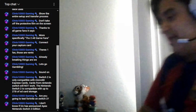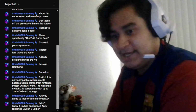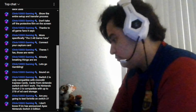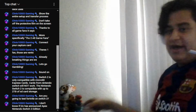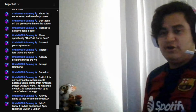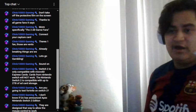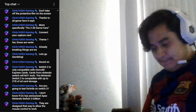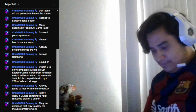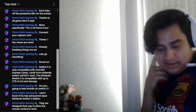Like I said, I'm really upset that they inverted the colors of the Joy-Cons. I would have really liked it if they kept it the same. But then again, that kind of gives me the idea that they're going to go with what they did for the 2DS. If you guys don't remember, the 2DS was originally all black with blue, and then they inverted the colors. I'm pretty sure that's how it worked, right? They did a whole inverted color series, and you know, people thought, you know, but